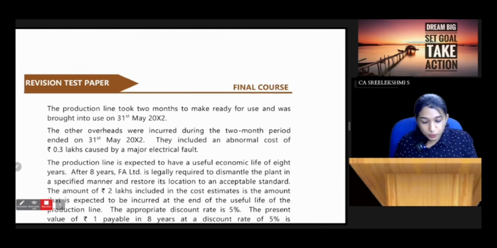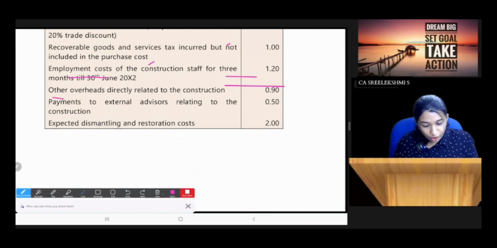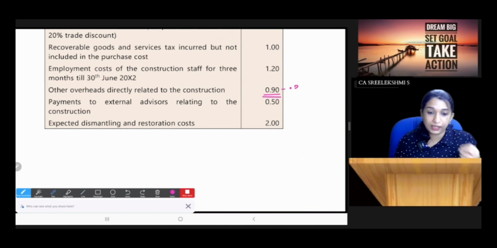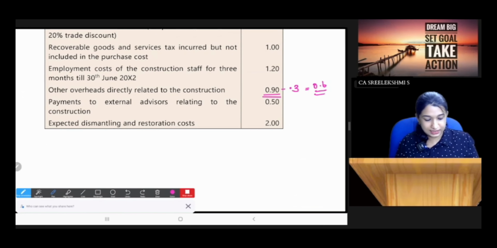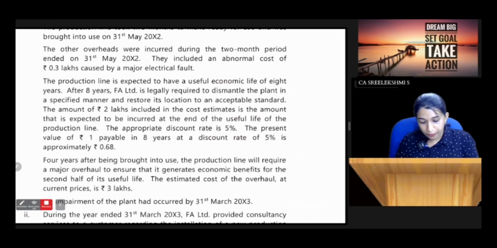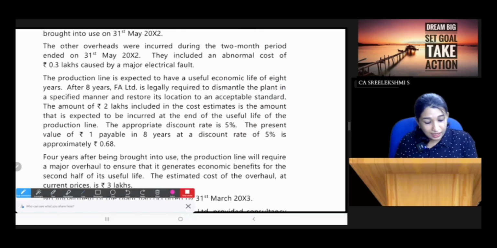So overhead expenses include other overheads 0.9. This includes 0.3 abnormal loss. So what you can capitalize is only 0.6. The production line is expected to have a useful economic life of 8 years, for depreciation maybe. After 8 years,